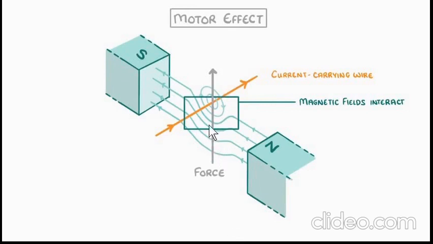We know that inside a magnetic field, any magnetic material experiences a force of attraction or repulsion, right? So this current carrying wire, which is usually made up of copper or any conductor, is treated as a magnetic material. When these two magnetic fields interact, they will experience a force. The direction of this force can be in any direction. Here I'm showing you that the two fields are interacting such that they are pushing this current carrying wire out of the field. It can also be inside the field, right?